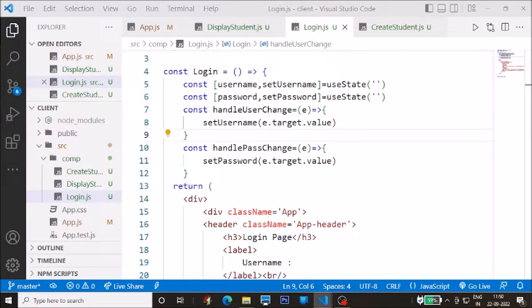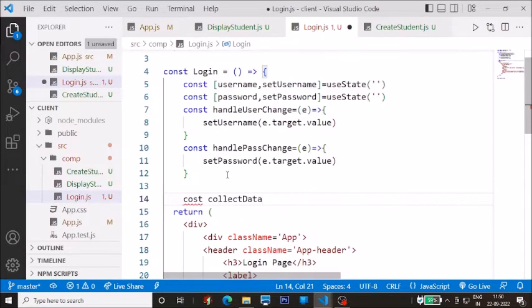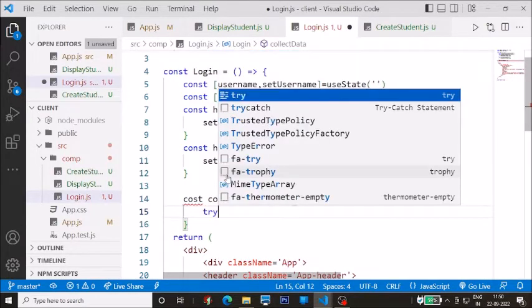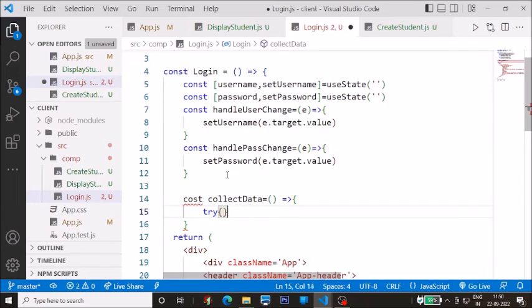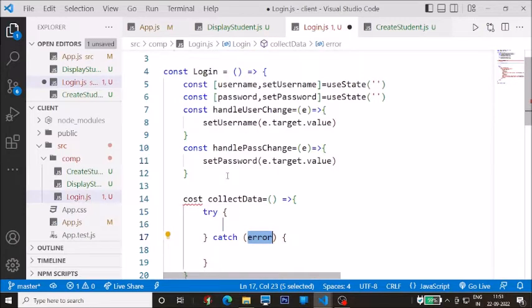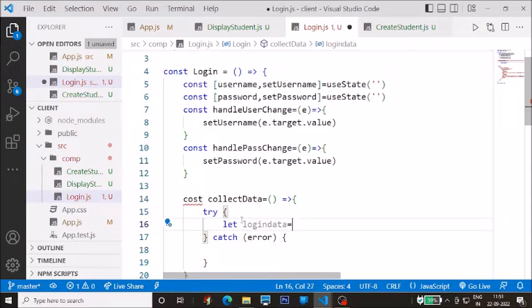Okay, so the next thing that we need to write is that collect data, right? So now here I will write, say for example, const collect data equal to one arrow function, and here I will write try catch again. You can write this way also, say for example try. Here you can see this try catch, just click that, so it will generate this for you. Here I will write, say for example, let login data equal to